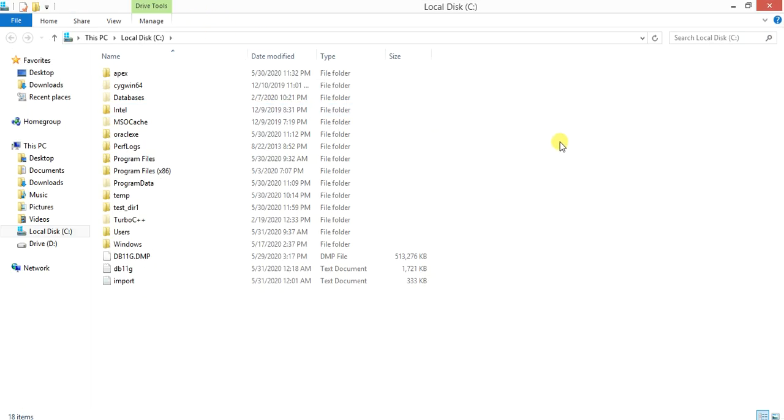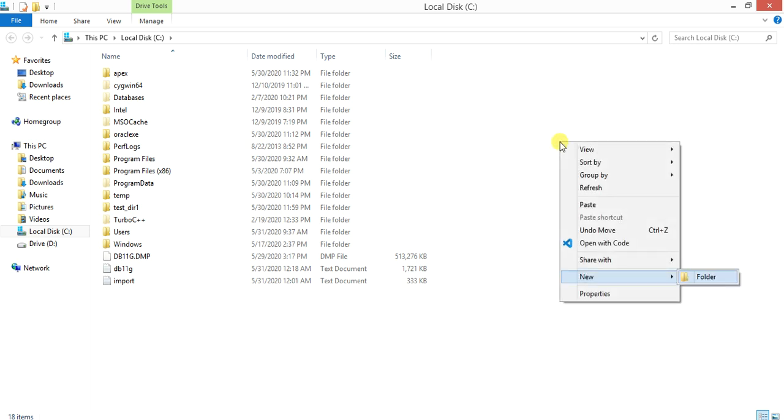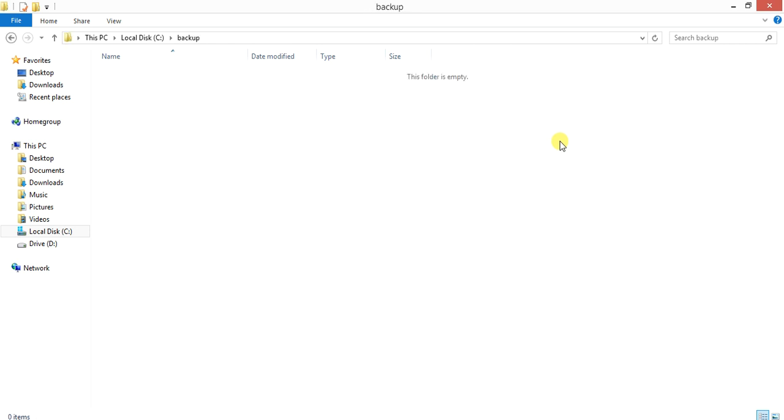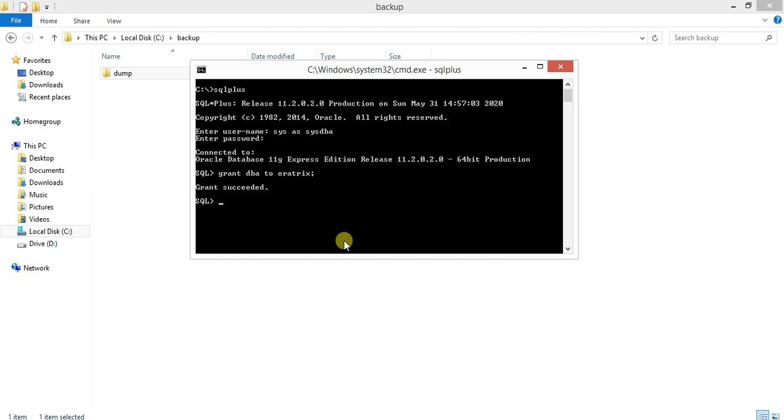Now you have to go to the C drive. Just create one folder called, for example, backup. And in backup I'm creating dump, as we are creating a dump file, right? So after executing this,